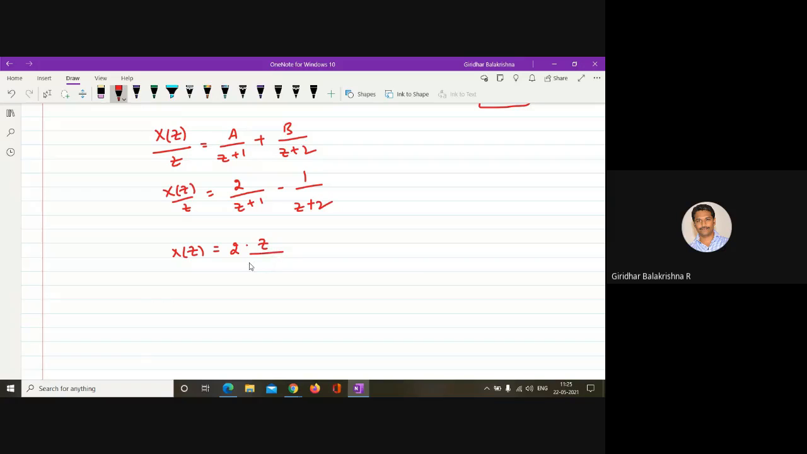Can I represent this one as z by z minus of minus 1? Can I represent like this? Can I represent z plus 1 as z minus of minus 1? Yes, sir. Okay. Minus z by z minus of minus 2. Now, by applying inverse Z transform. So previously I have, so for causal system,